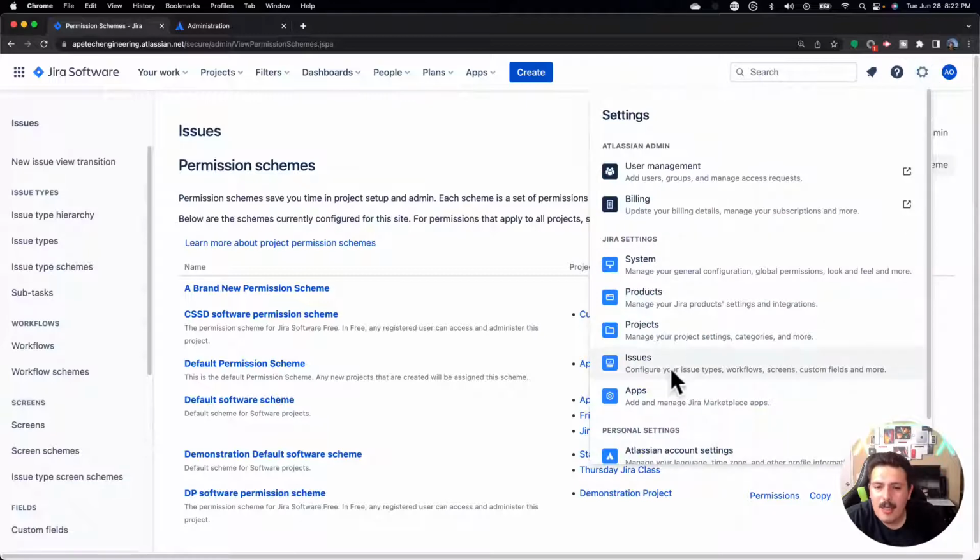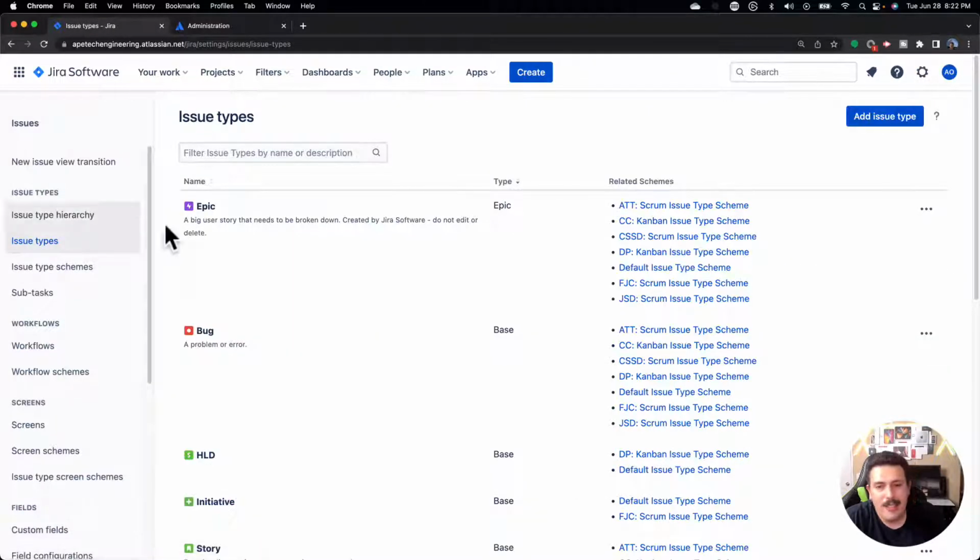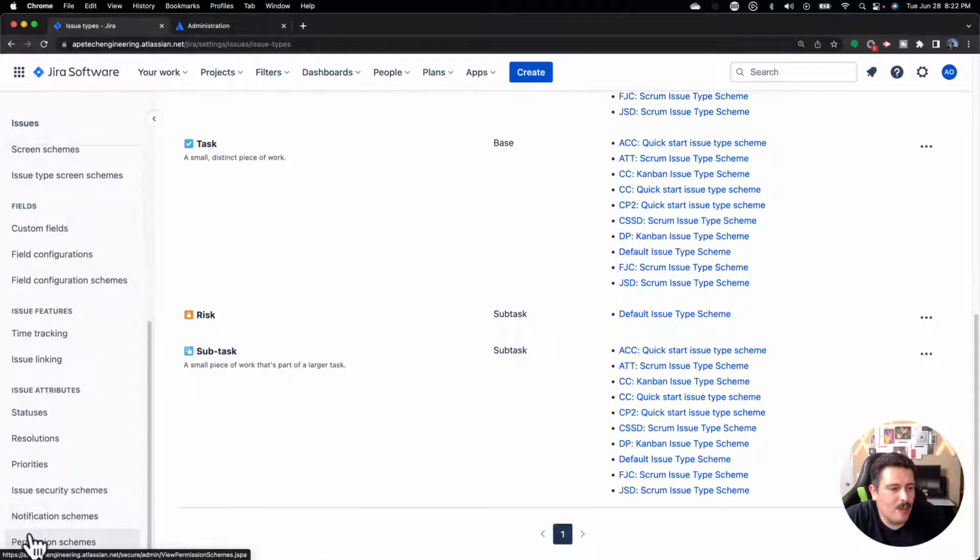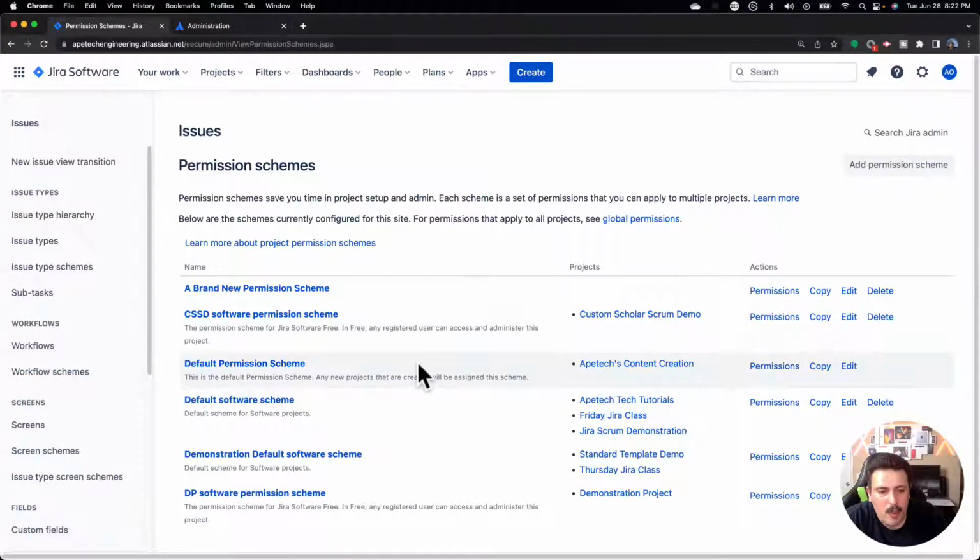So we're going to go to settings, issues. Good thing I use very descriptive language, right? Let's go all the way down, go to permission schemes, and then you're going to land back where we were. Okay, so now that you're in this permission scheme section here,